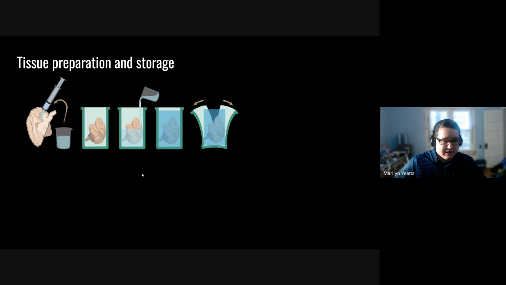So this is the technique that we've developed in our lab to properly embed large tissue samples to try and get the best cuts with the compressome. So it is a three-step process. The first step is